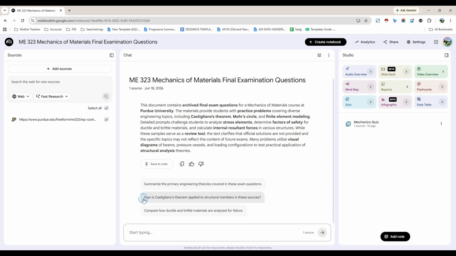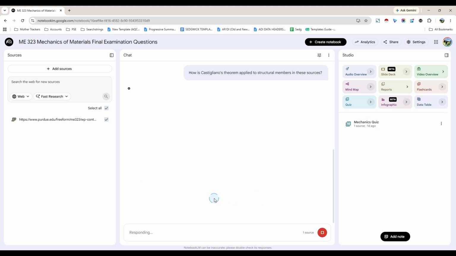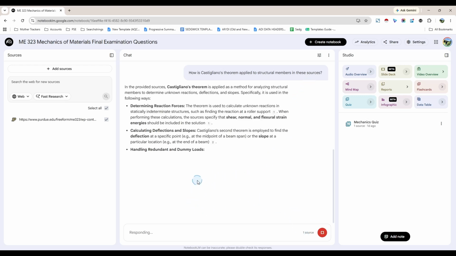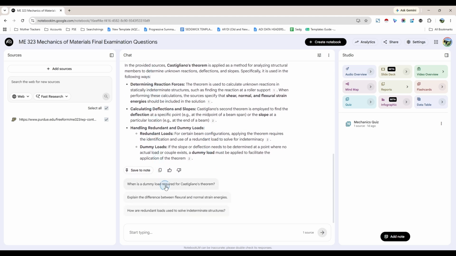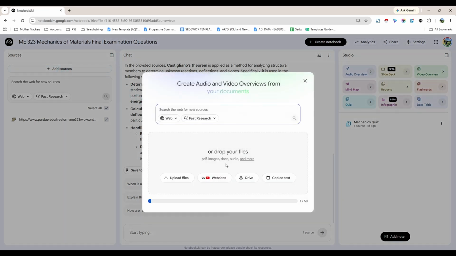Keep in mind that NotebookLM has a massive chat prompt capacity, up to 10,000 characters. However, the chat window does not feature a live visual character counter while you type. If you paste a massive prompt and it exceeds the technical cap, the interface will instantly block the message and display an error. To safely check your character counts before submitting, simply type your complex prompt inside an external text